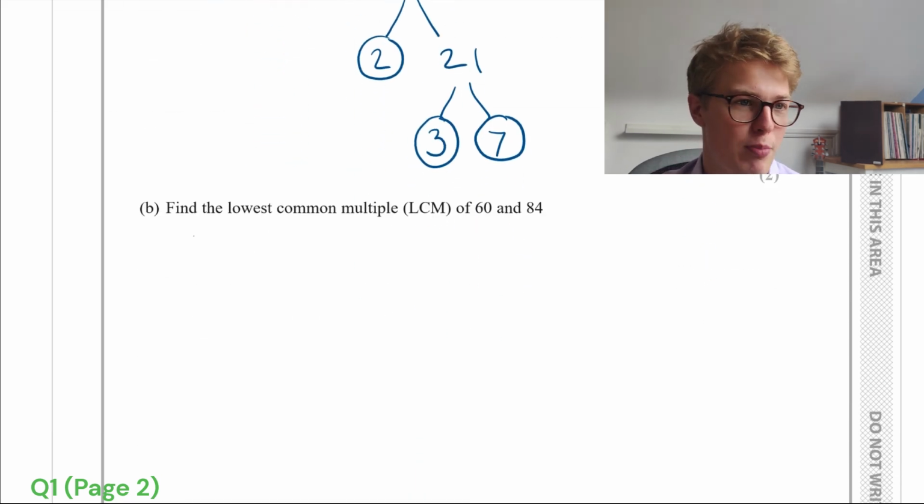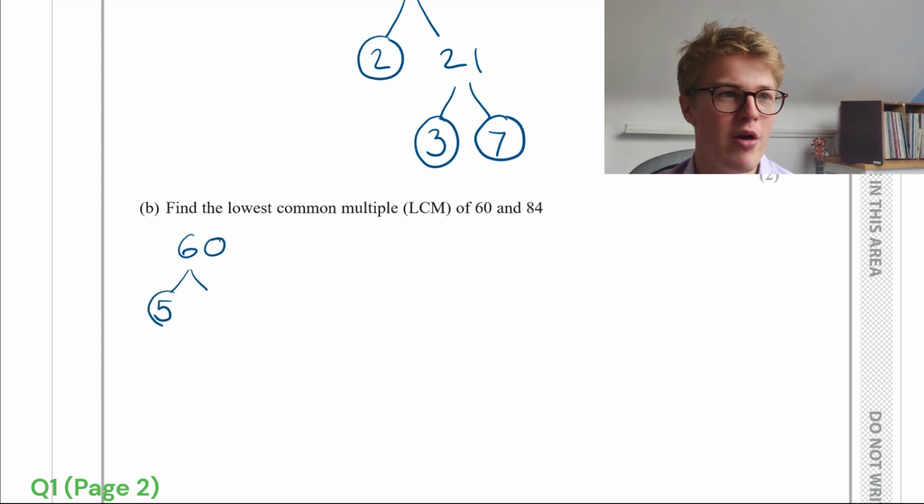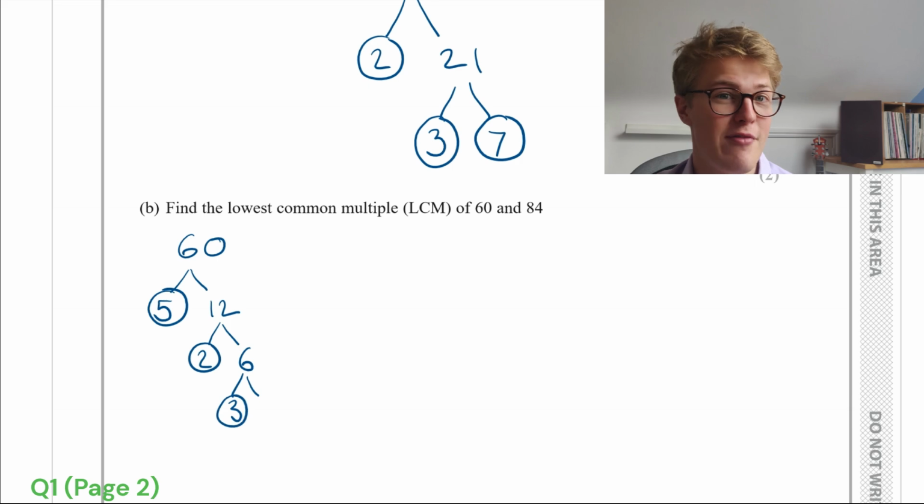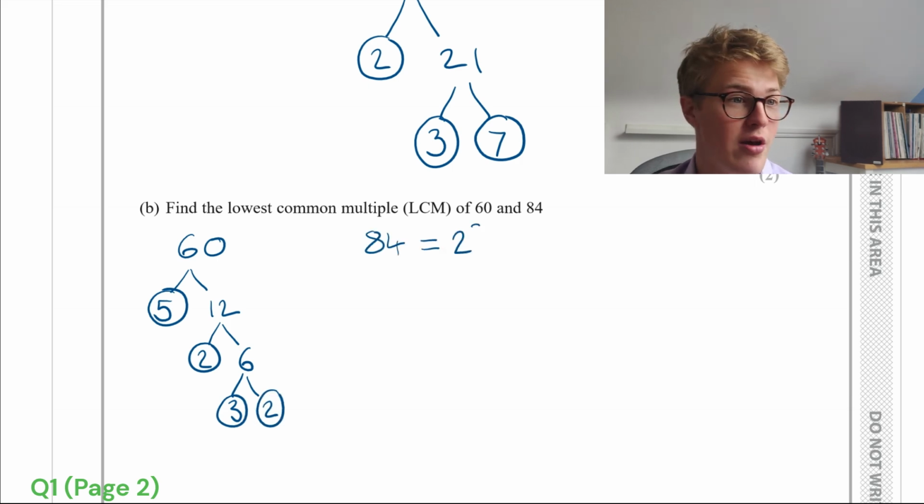Find the lowest common multiple of 60 and 84. So we just found 84, so now we just need to look at 60. We can divide that into 5 and 12, and then that's 2 and 6, and then 6 divides into 3 and 2. So for 84, we have 2 squared times 3 times 7 from the first part, and then 60